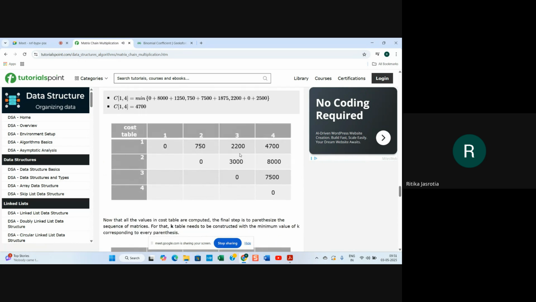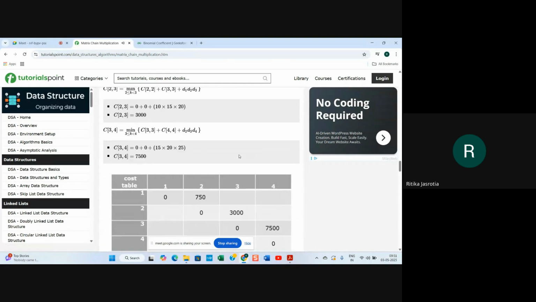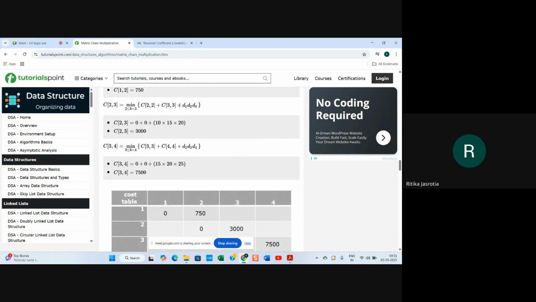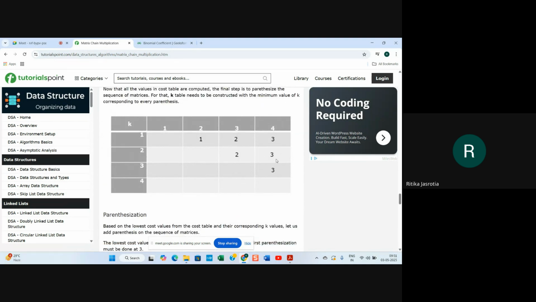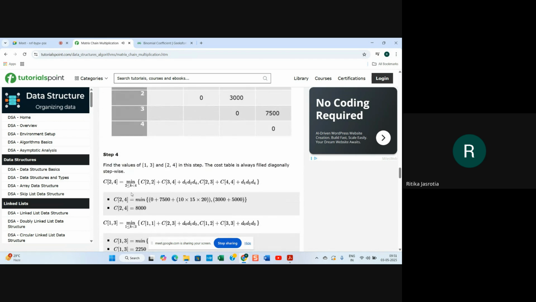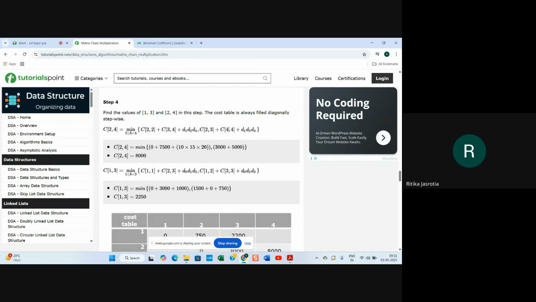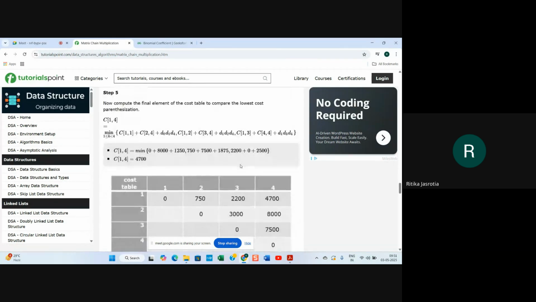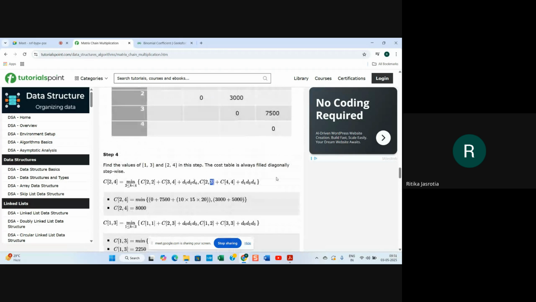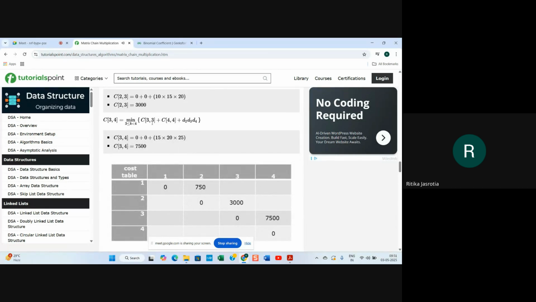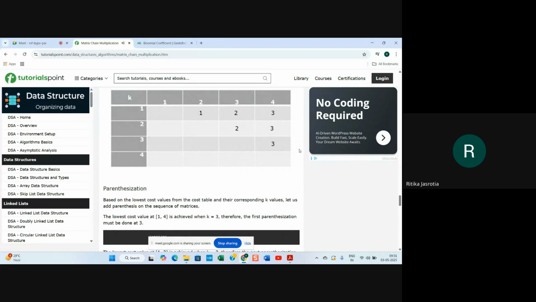Then 2, 3. Where was 2, 3? Here. The k value which we had taken is 2, right? So for 2, 3 the k value is 2. And 2, 4, the minimum which is giving us is this, so for 2, 4 the k value is 3. So 2, 4 is 3 again. Then 3, 4. Where is 3, 4? For 3, 4, the k value we have taken is 3, right, so we have kept 3 here. So these are